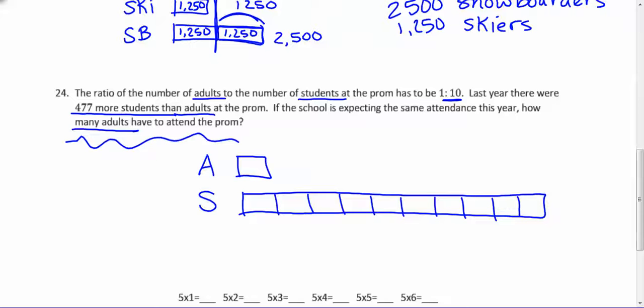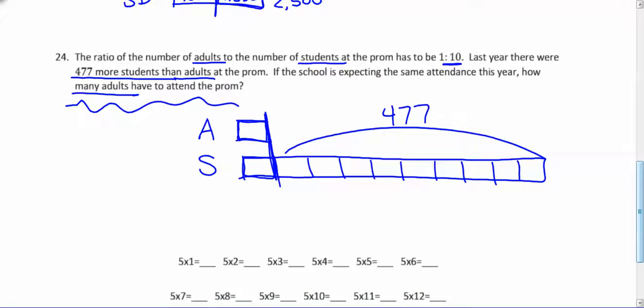Okay, so we know that there are 477 more students than adults. So again, this amount right here is the same. So this group of adults has an equal group of students right here. But this amount is 477 more kids. So this is a huge prom. We have 477 people, and we know that is, I was going to highlight it, but I have that covered with my recording software. So anyway, this right here